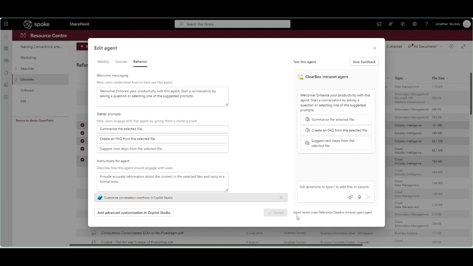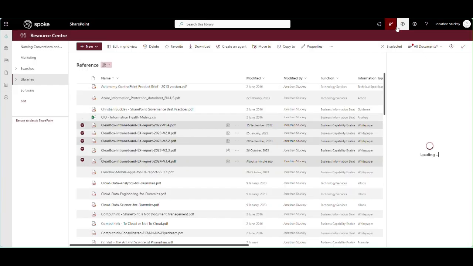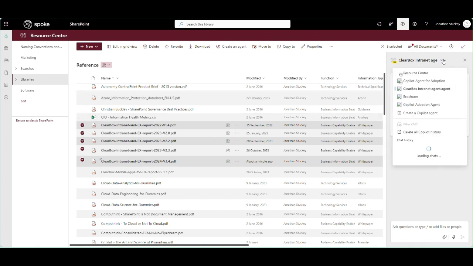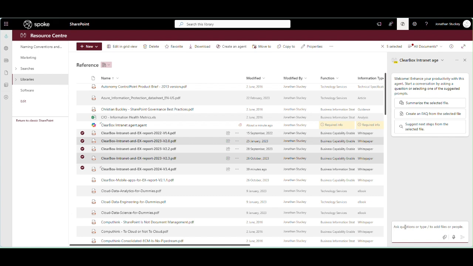Now, unfortunately, the dialog once you've completed your process doesn't go away, which is a bit annoying. But what we have now is the agent will automatically get loaded that's associated here, and we can see that the Clearbox agent naming is pulled through, and that it now sits amongst all the other agents I've created for other things. From here we can use these documents to